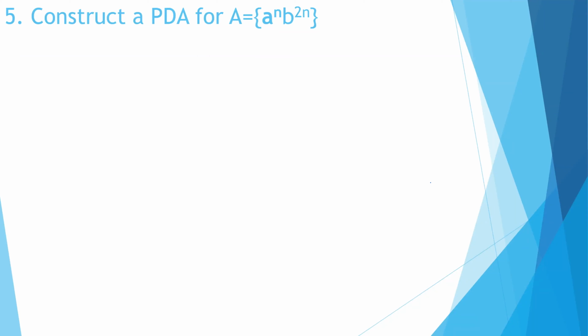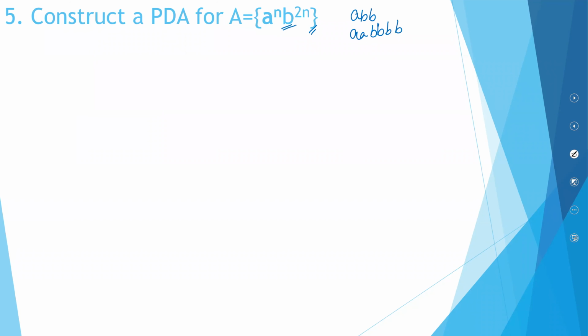We were saying how to construct push-down automata. So the next language we have in mind is A raised to n, B raised to 2n, which means you can have an A, and however many A's you have, you will have B's raised to 2. If you have one A, you will have 2 B's. If you have 2 A's, you will have 4 B's, and so on. So that is what you mean by A raised to n, B raised to 2n.